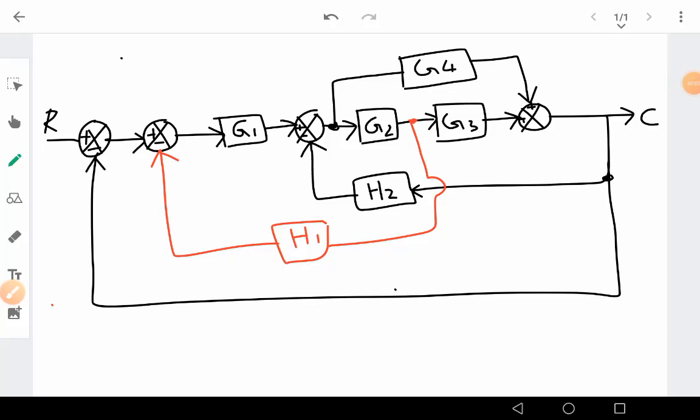Okay, let's continue the control system block diagram reduction techniques. We have a block diagram modeling a control system, a plant or a process. We are told to reduce the block diagram into a simplified form, or to reduce the closed loop feedback system into a simple block diagram, where we represent the input R, a system model, and the output, maybe C.